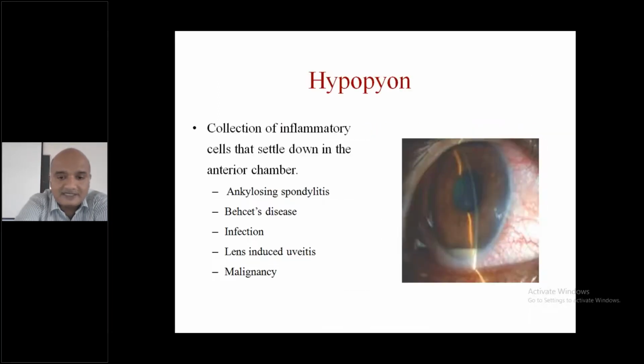Coming to the next presentation, that is hypopyon. Now, what is hypopyon? Hypopyon is nothing but collection of inflammatory cells that settle down in the anterior chamber. If you see this particular picture, there is collection of pus cells in the inferior part of the anterior chamber. It is commonly seen in conditions like ankylosing spondylitis, Behçet's disease, infections, lens-induced uveitis, and malignancies. So these are common associations in case of